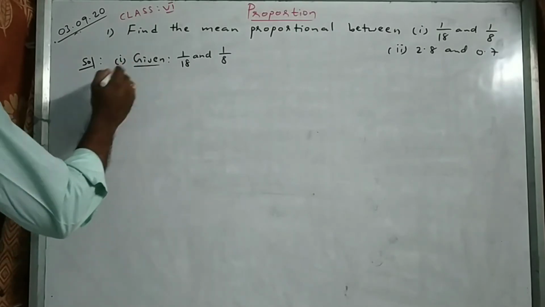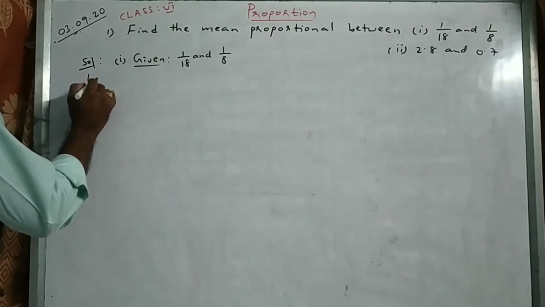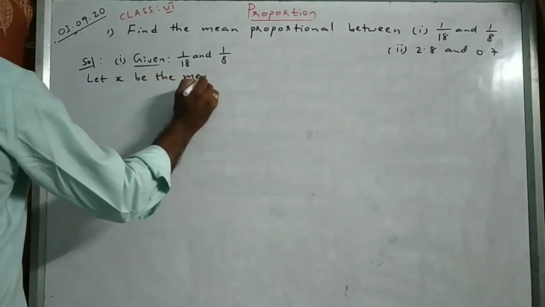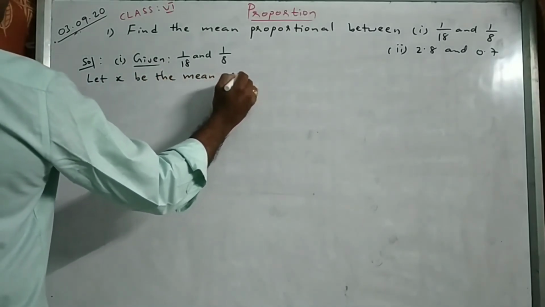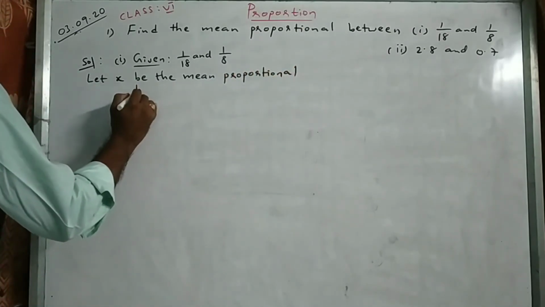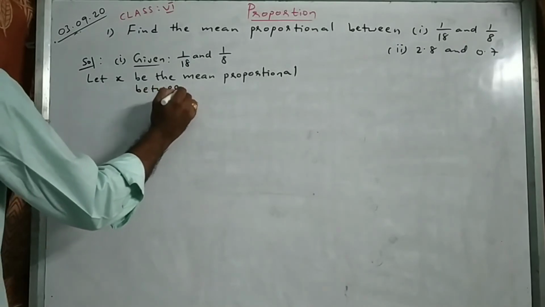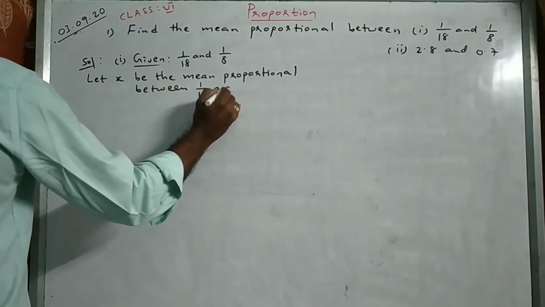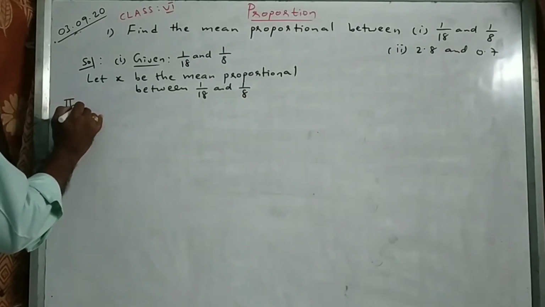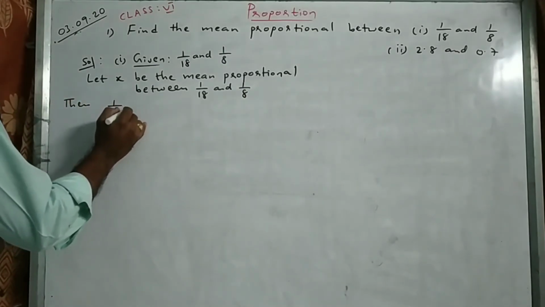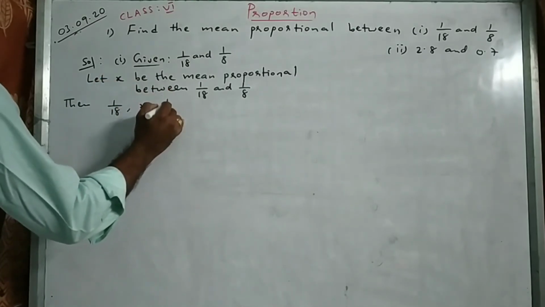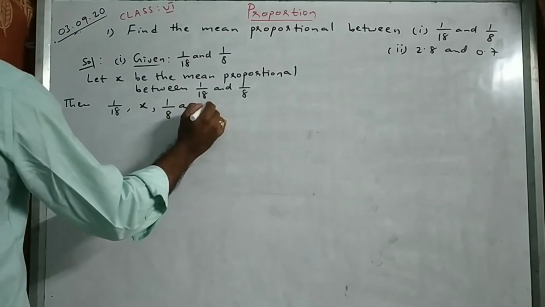So let x be the mean proportional between 1 by 18 and 1 by 8. Then I can write like this: 1 by 18, comma, what is our mean proportional? You keep it in the middle. x, comma, 1 by 8 are in